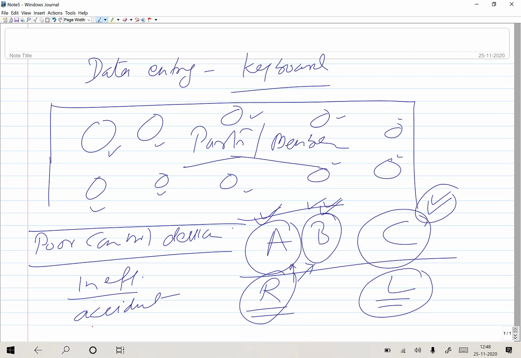Okay, and of course the frustration and so many other things. So proper identification of the control devices is very crucial for smooth functioning of the system, because an error in identification of the control devices can lead to all these inefficiency or accidents